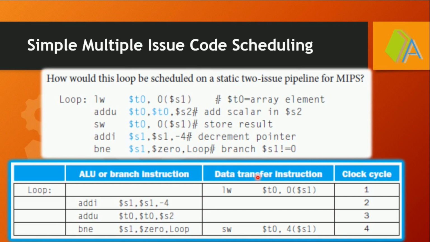Code scheduling. Code scheduling must be done by the compiler before execution in order to overcome the dependencies between the instructions. For example, in this program we have dependencies between the first three instructions on register T0, and the third and fourth instructions have dependencies on S1. So during scheduling, the compiler will allow the first instruction to fetch in the first clock cycle. Since my fourth instruction has no dependencies on the first three instructions, the compiler will allow the fourth instruction to fetch in the second clock cycle, and the second instruction will be fetched in the third clock cycle.